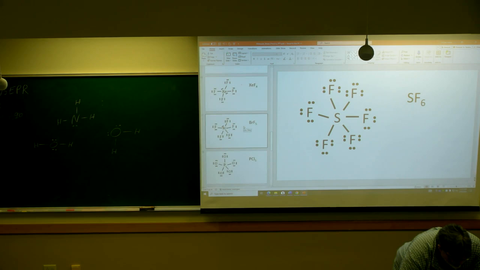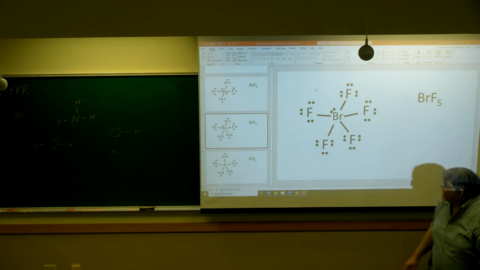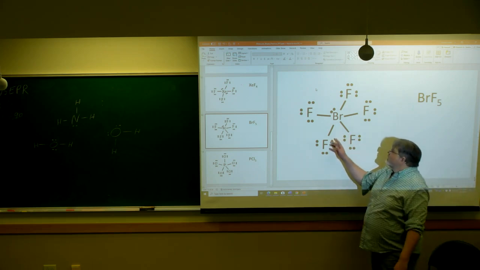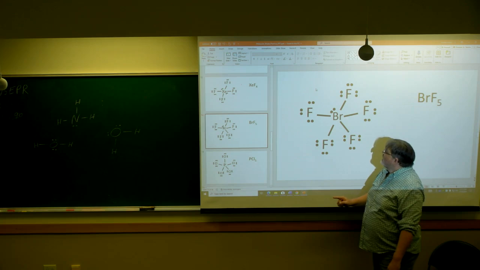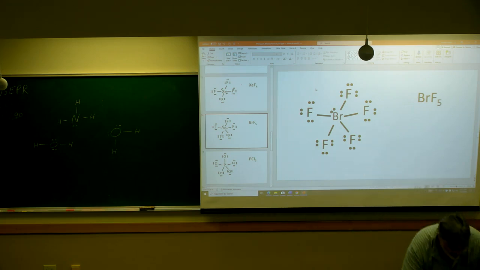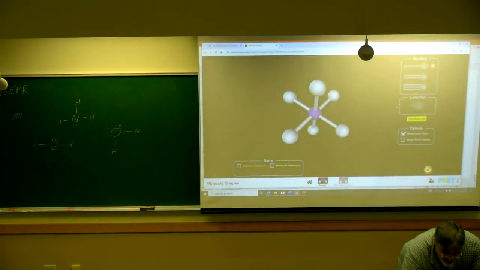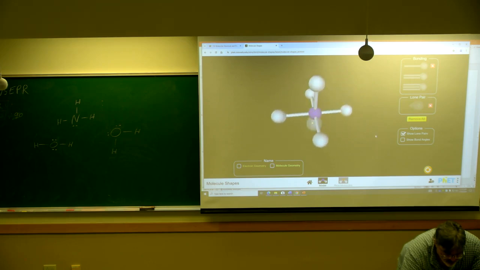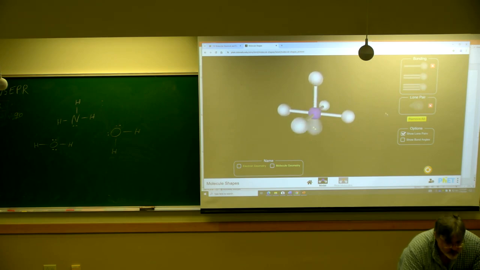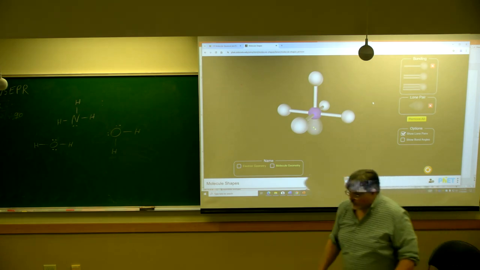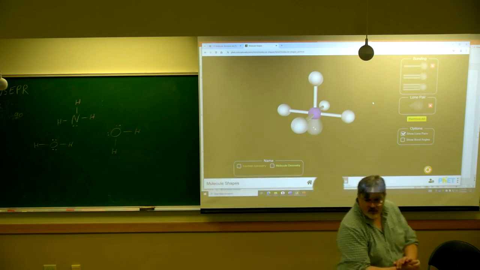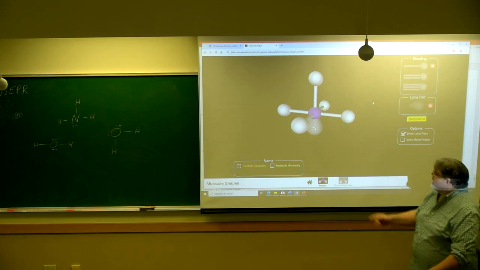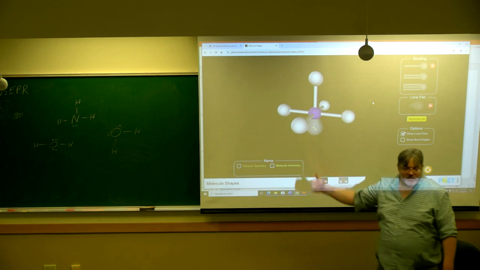What's 6? 1, 2, 3, there's 6. So if you look at this Lewis dot structure, 1, 2, 3, 4, 5, 6. We have 6 domains. But one of them is a pair of electrons. Now we get to say square pyramid. So when one of them is a pair of electrons, you see the square pyramid now? Are your eyes trained? So you got a square base, the apex is up there,